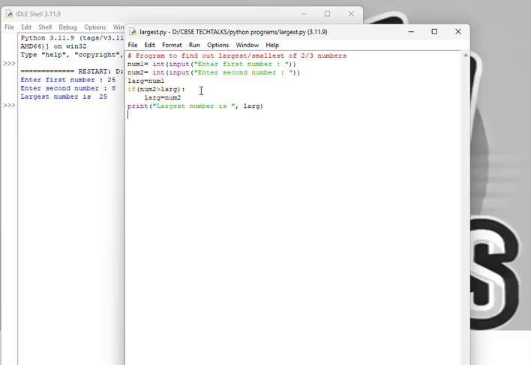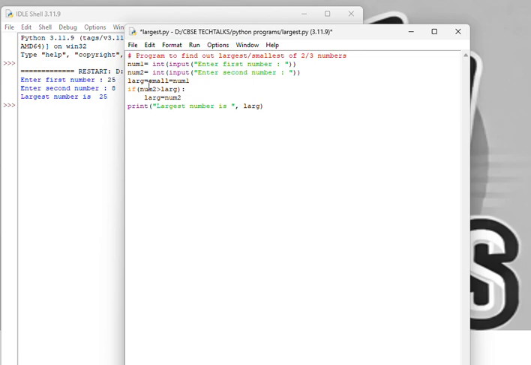I think this is clear. Now I want the same program to display large as well as small. So what we can do is assign large as well as small the same value. It means large equals small equals num1. Initially we are assigning num1 as the largest as well as the smallest.